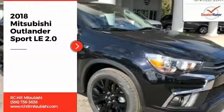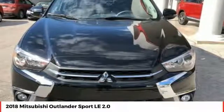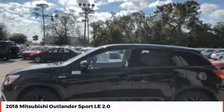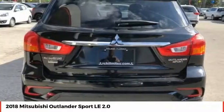We are pleased to show you the 2018 Outlander Sport. The all-new Outlander Sport features a fuel-efficient engine paired to either a 5-speed manual or a continuously variable transmission and comfortable accommodations for 5. Passengers will be treated to a refined ride in comfortable surroundings with a host of welcome